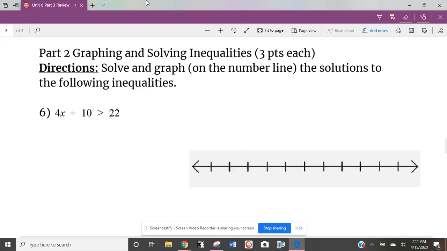Okay, guys, so today we're going to go through questions 6 through 10 on our Unit 6, Part 3 review on inequalities. So the first thing I do want to write on the side of my paper is